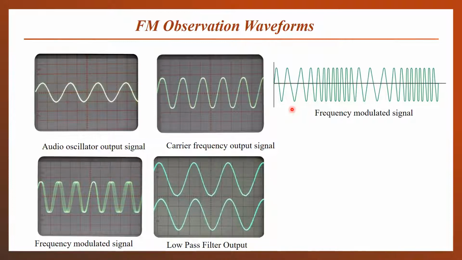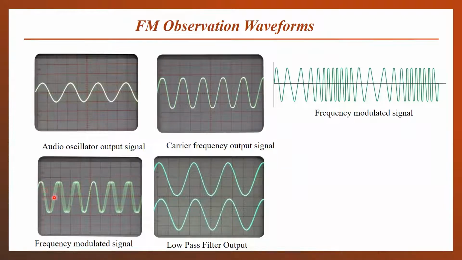But in the CRO, this observation is difficult to obtain because of the high frequency difference between the carrier signal and the audio signal. What will we get in the CRO? This type of waveform that you can see shown here. Initially, the waveform will be very congested. When we zoom our signal, we can see these types of cycles in which the time period of the different cycles is different. This setting can be done in the CRO by 10 times zoom, and you will observe the same signal when you perform the experiment.